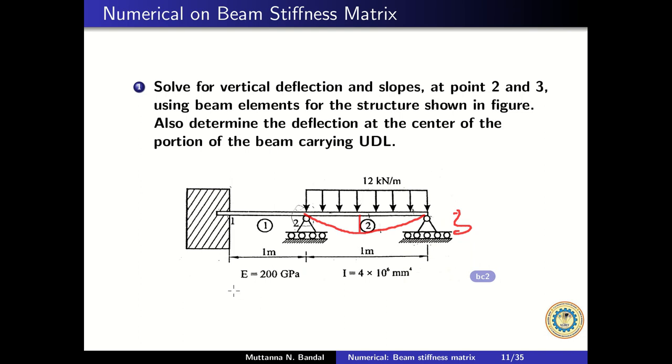And again the parameters: he has given Young's modulus as 200 gigapascal, moment of inertia as 4 into 10 raised to 6 mm. Also we have to take note of unit consistency. This is in meters and this is in mm. Convert this into meters, and similarly the load vector is in kilonewton per meter. So I have to convert this gigapascal into kilonewton per meter square. So with this,